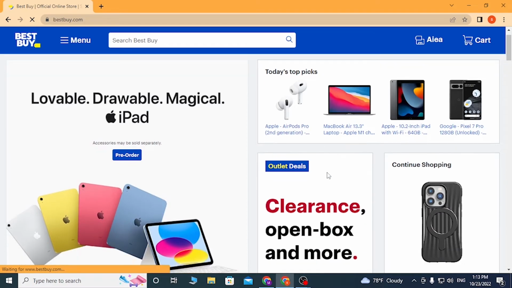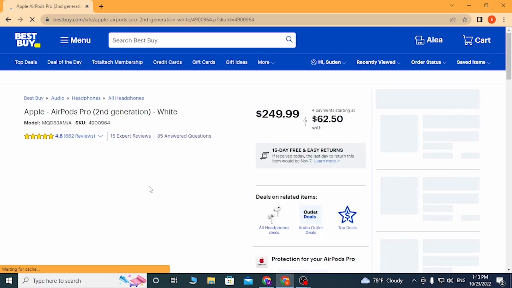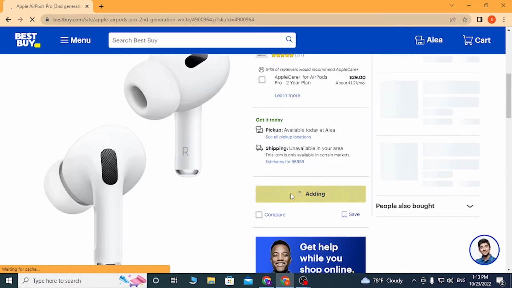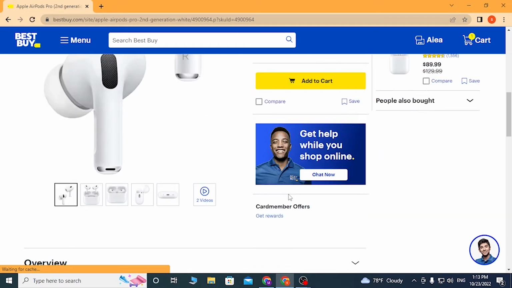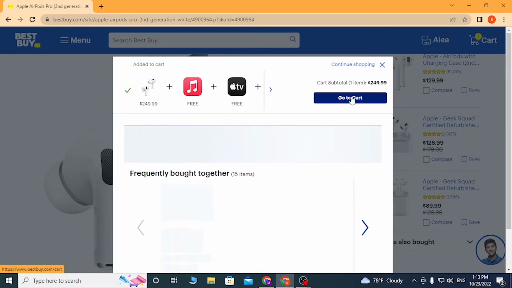And after you land over here, choose any of these products you want to buy on Best Buy to redeem your gift cards. And after choosing your product, add it to your cart. Let's do that. To do that, click on add to cart, and after that, let's go to cart. You can see the go to cart option available over here. Click on go to cart,